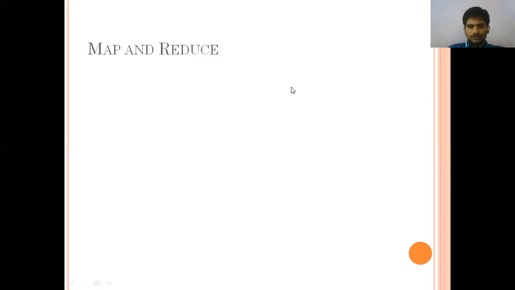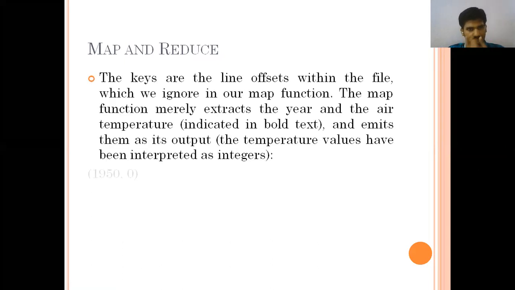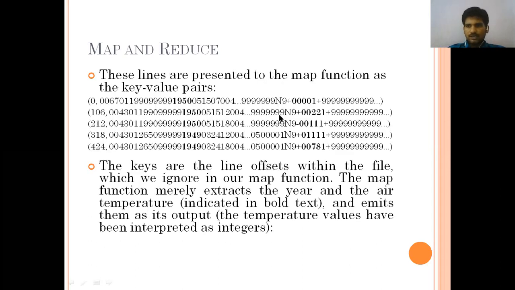So I will show one thing, then we will understand this one. The first one we have 4 zeros, no? In 1950 we have 4 zeros. That is, the temperature is 0. The keys are the line offset of the file, which ignores the same line. I repeated because I need to mention this map here. That is a key value. That's why I mentioned it again. The bold text I indicated was in the previous line, the previous year. So that is only what I highlighted. That is 1950, and we have 4 zeros.